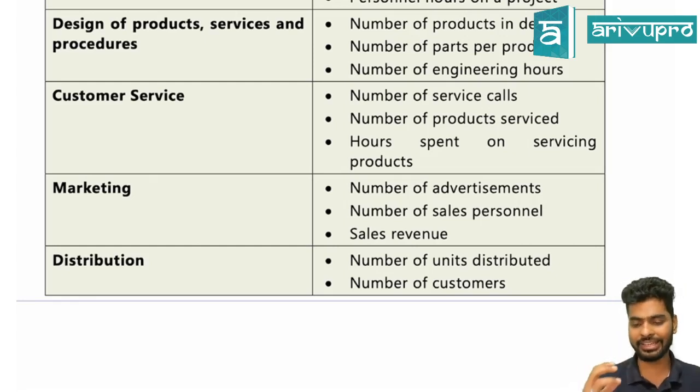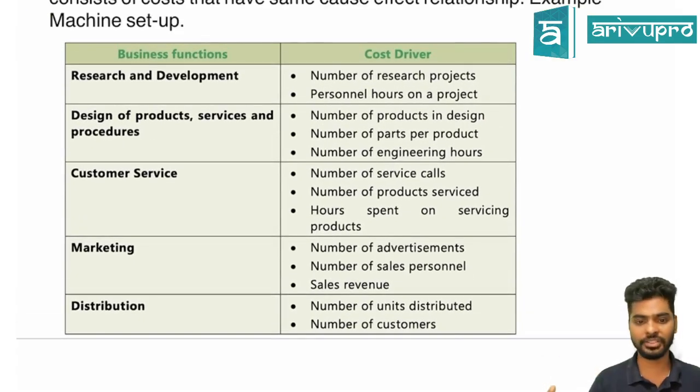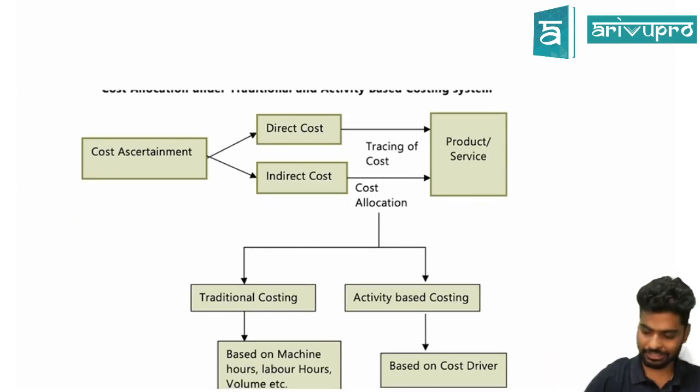When I say a marketing expense, it is not necessary that you have to do it on a labor call. It does not make sense. For each and every product, I would have decided, hey, this is the number of advertisements that I'll be doing. So based on the number of advertisements, this is how I'll be dividing it to a product. Did you understand what a cost driver is? Are you clear?